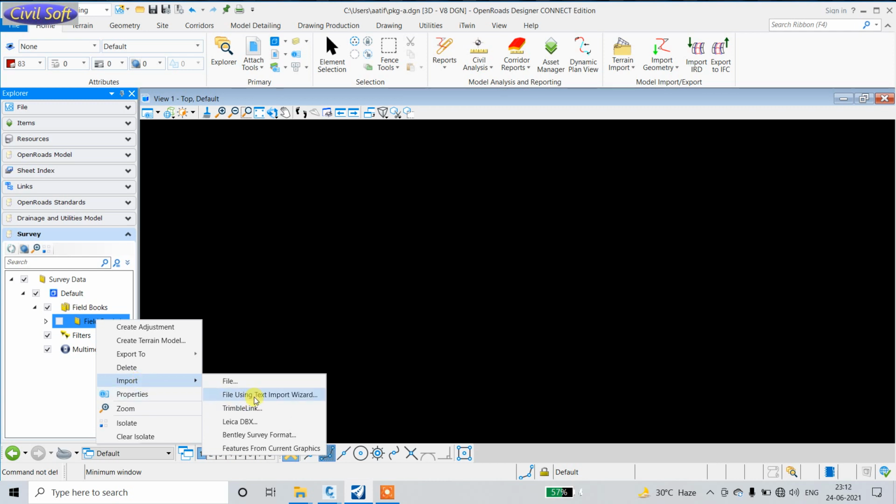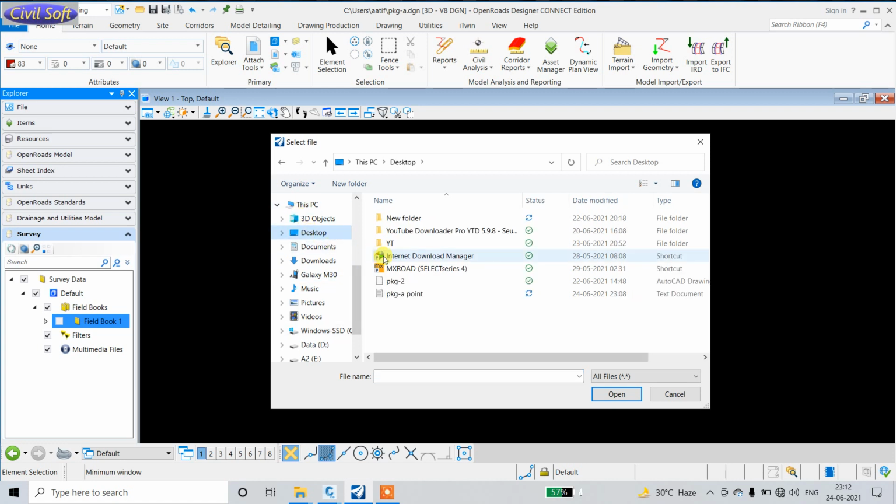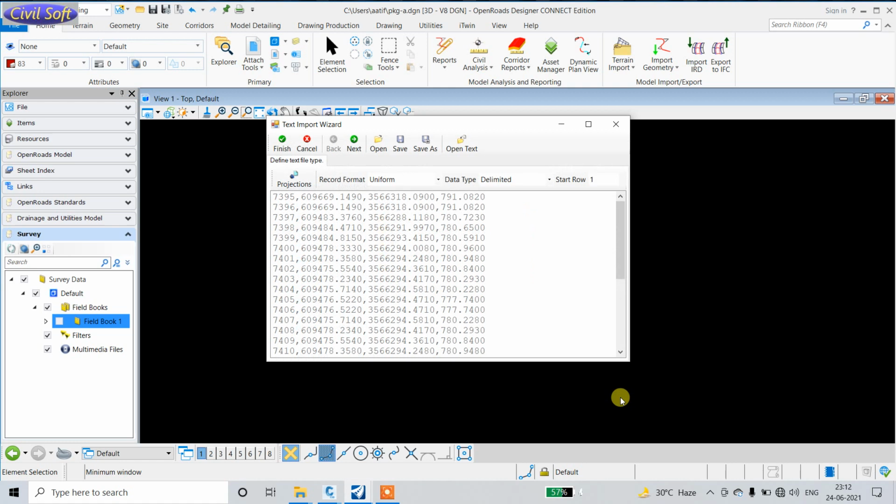Use the option file using text import wizard. Go to the desktop where I have saved the file. This one is the file. Open it. This one is in text format, so it opens.